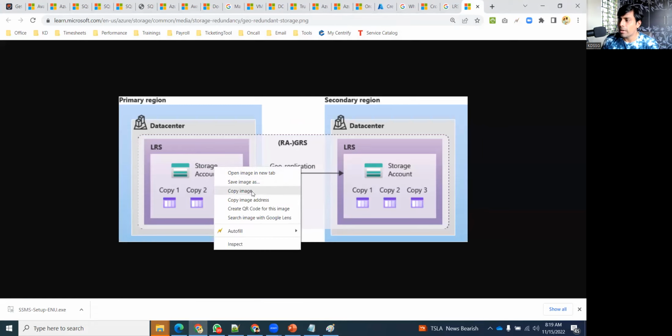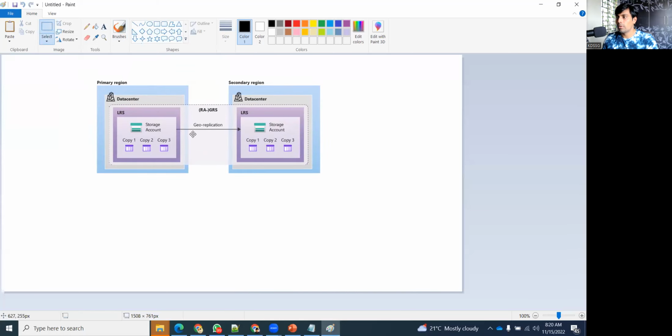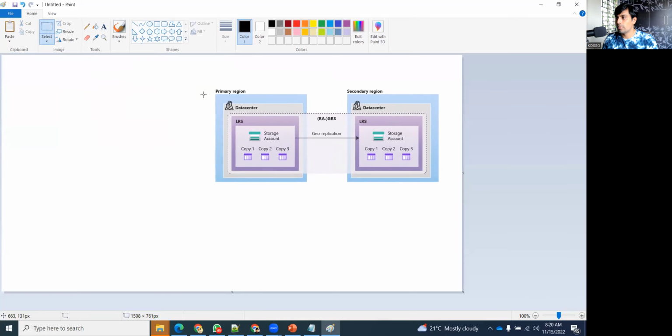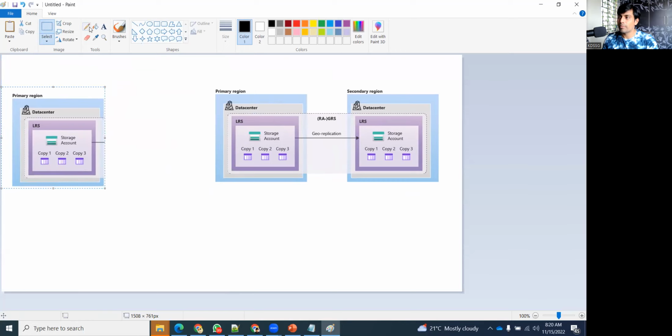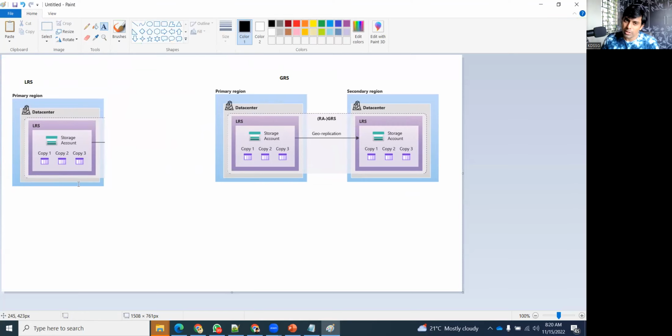Okay. So in primary region, sir, 3 copies will be managed if it is LRS, and 3 copies in another location if it is GRS. 3 plus 3, 6 copies total. Same thing, sir, same thing. This is what? So this is LRS. This is GRS. Okay. Now, if you do GZRS,